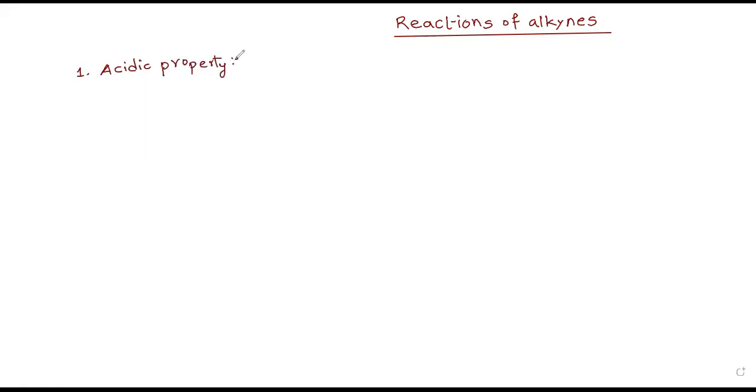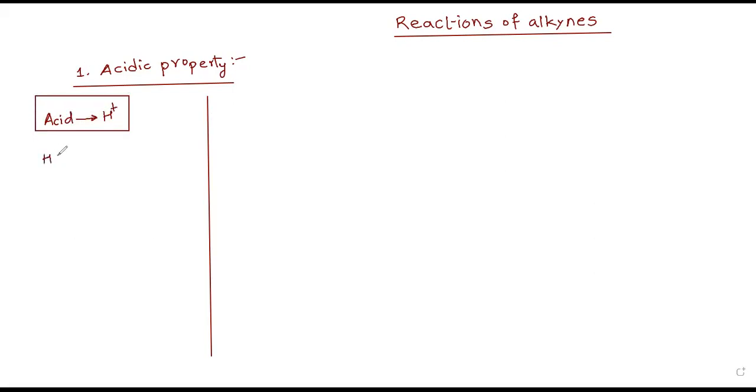So before we take up acidic property, what is the meaning of acid in chemistry? Because you people have studied acid at school level, you know HCl, NaOH and such things, acids and bases. But what is basically an acid? Acid is that substance which can produce H plus ions. So for example, as you know, HCl is an acid because HCl when ionizes forms H plus and Cl minus. So any compound which produces H plus ion is known as an acid.